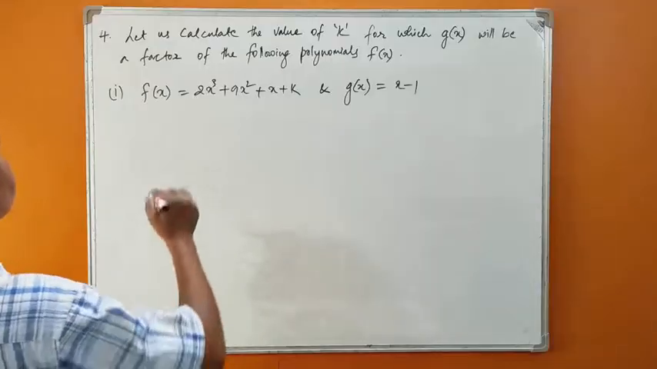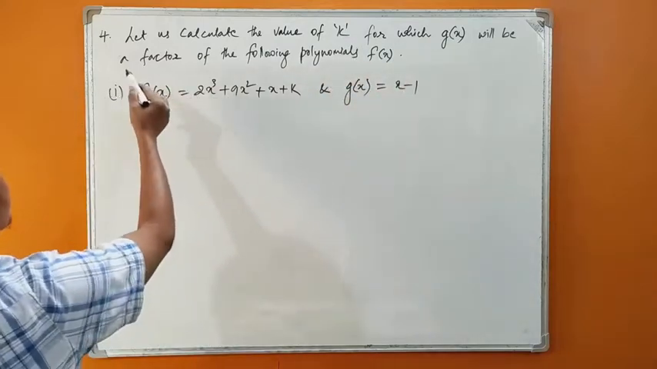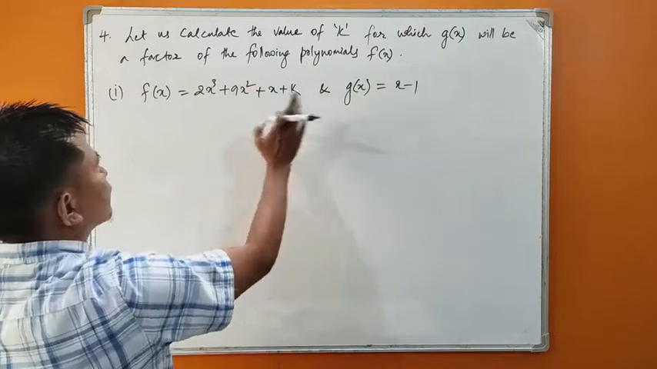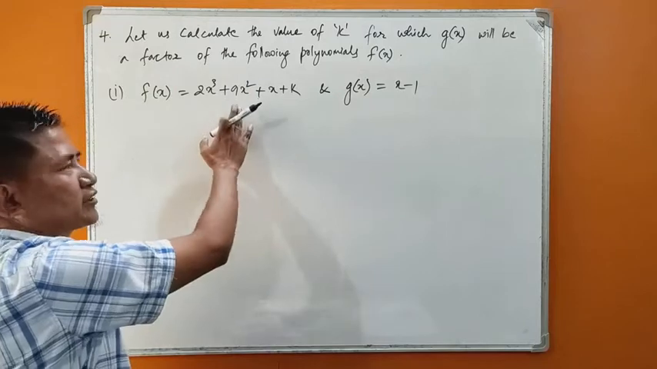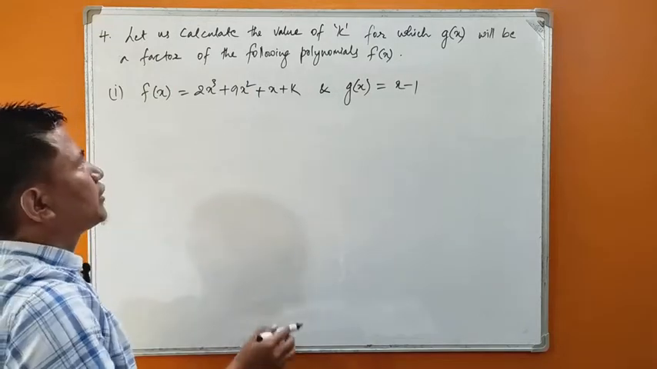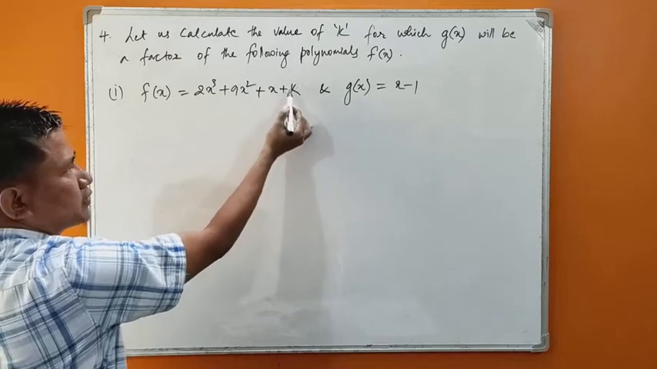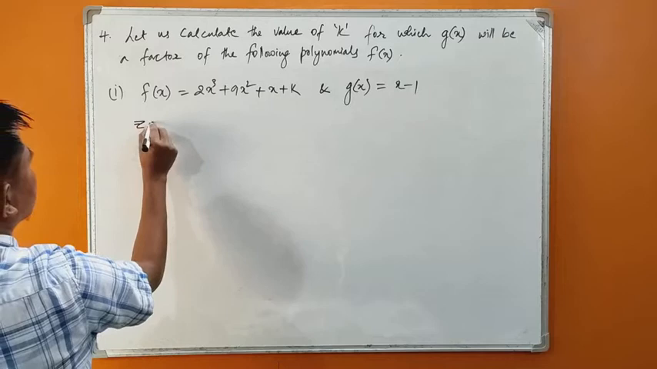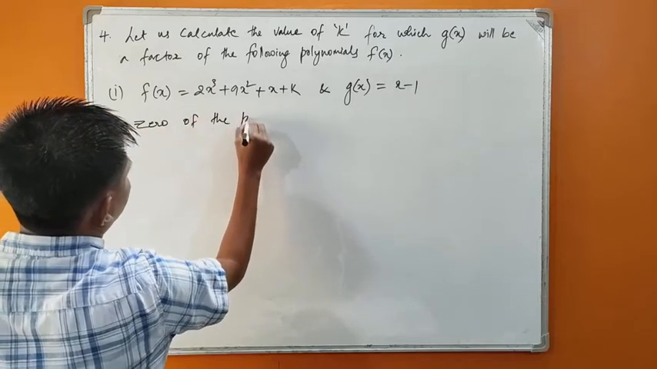Okay, number 4. Let us calculate the value of k for which gx will be a factor of the following polynomials fx. Okay, gx is the factor of the polynomial fx. This is a given condition. Gx is the factor of the polynomial fx, and we are asked to find the value of k. Okay, we are asked to find the value of this k. What we do is we find 0 of the polynomial